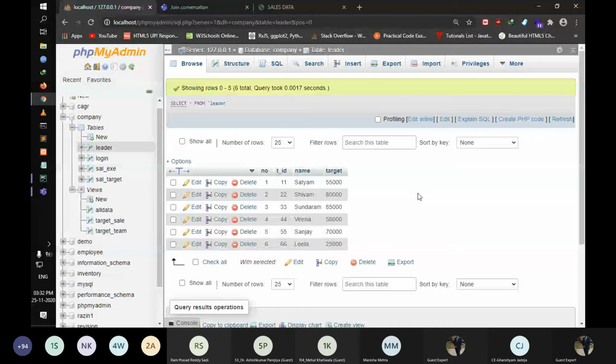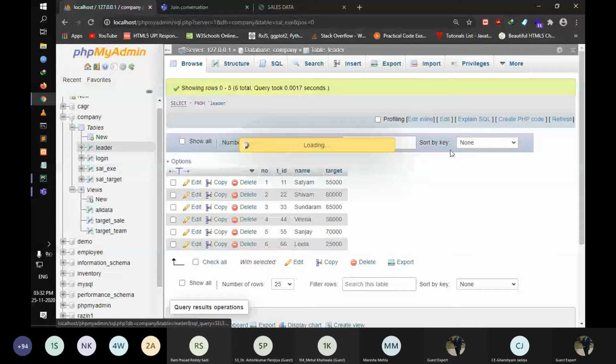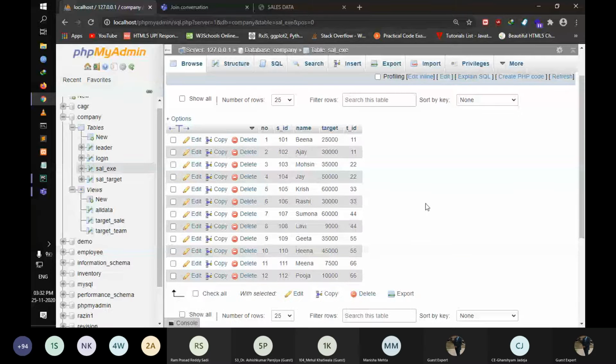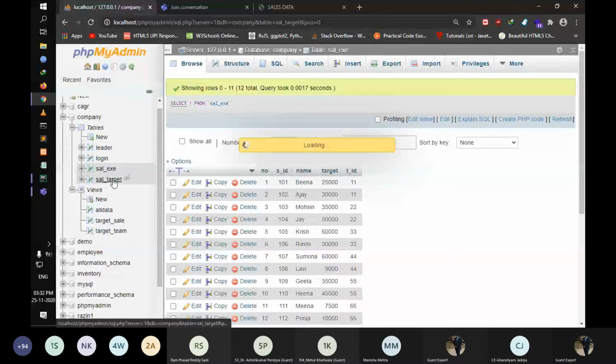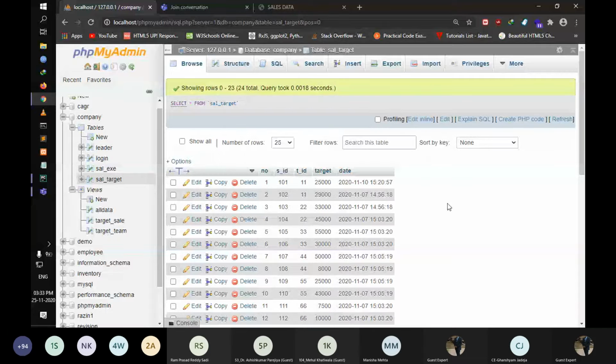So the idea is that there's a team leader and 2 team members, and they have specific targets. They have a target, and these are the targets that they have achieved. These are the sales executives.